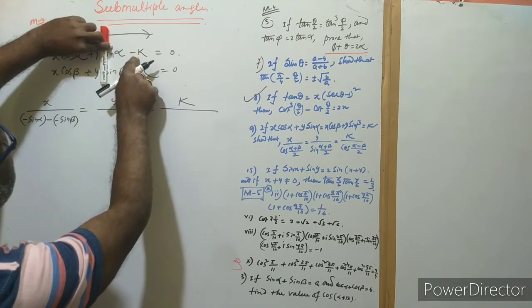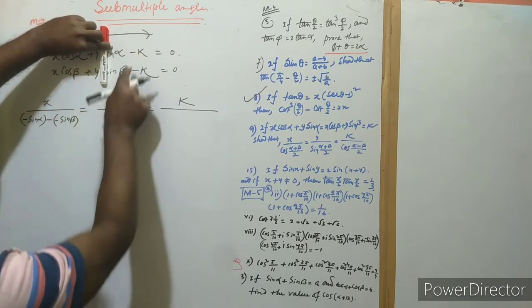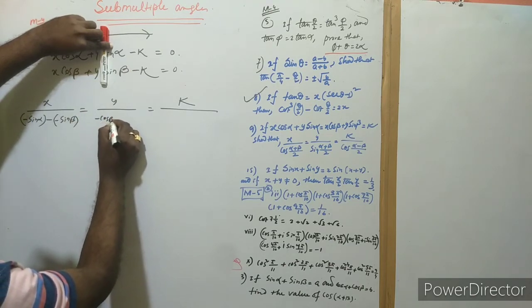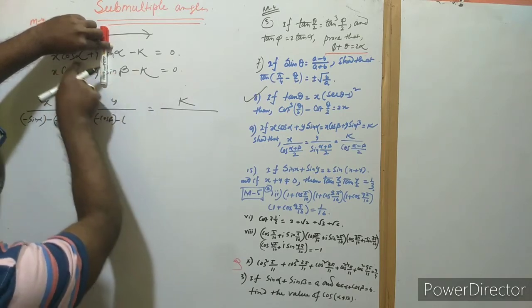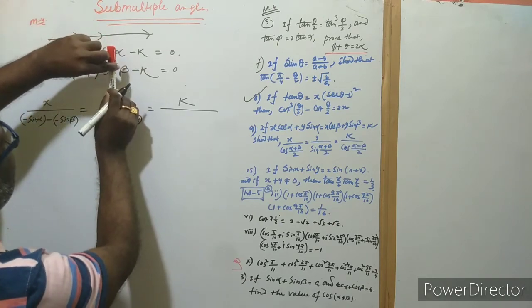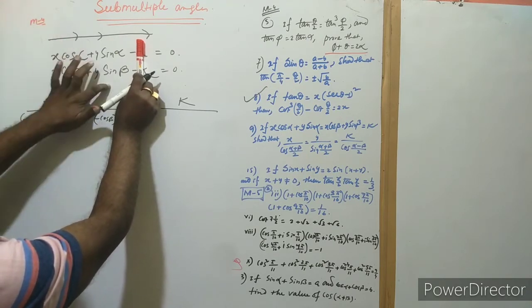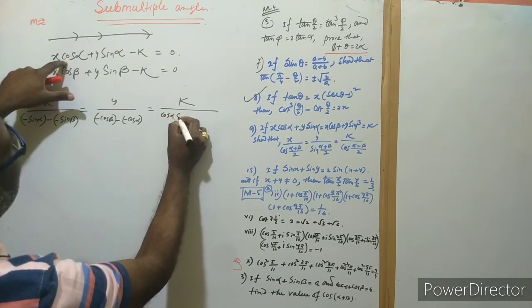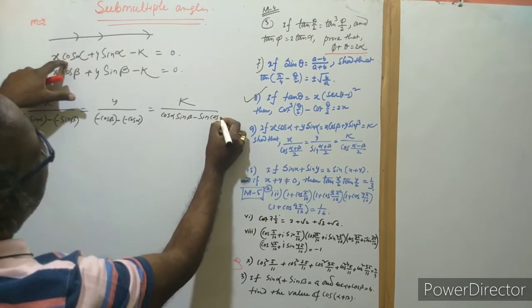So if we take a coefficient here, minus 1, like a zigzag method, multiply by this here. So this is their minus, this is their cos beta, so we can write here cos beta. After that, in the middle there is a rule, minus, so after this zigzag method, here is minus and this is their cos alpha, so minus cos alpha. Then k by this. Again, if this is absent, then start again here. So this into this minus this into this: cos alpha and sin beta minus sin alpha and cos beta.